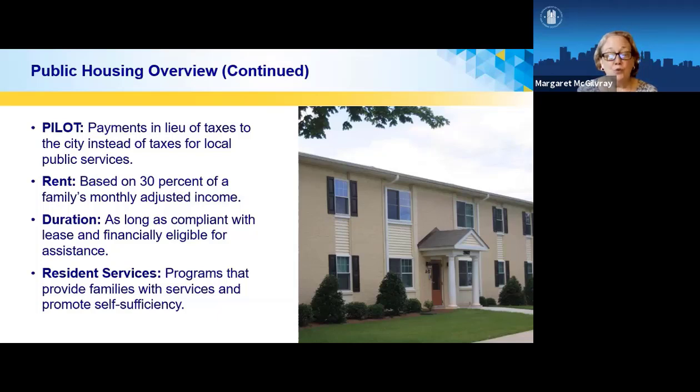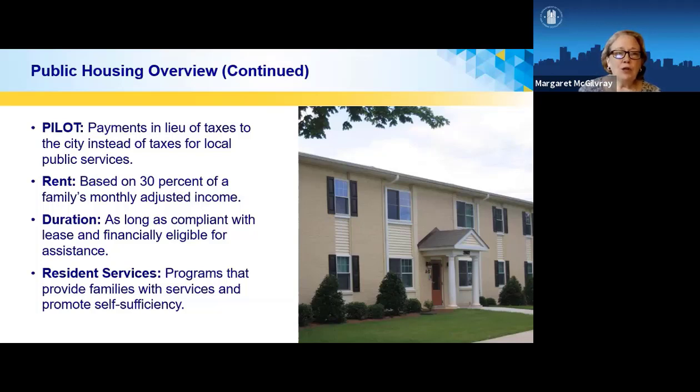Public housing authorities are also required to have a resident advisory board and, to the extent possible, support resident services. HUD used to pay for that to a greater extent. Now it's based much more on competitive grants that the housing authority has to apply for, such as the Family Self-Sufficiency Program or the Resident Opportunities and Self-Sufficiency, or ROSS, grants. Those are separate funding sources. The housing authority also has to support resident businesses and employment through the Section 3 program, which is a non-funded program, but something very separate.